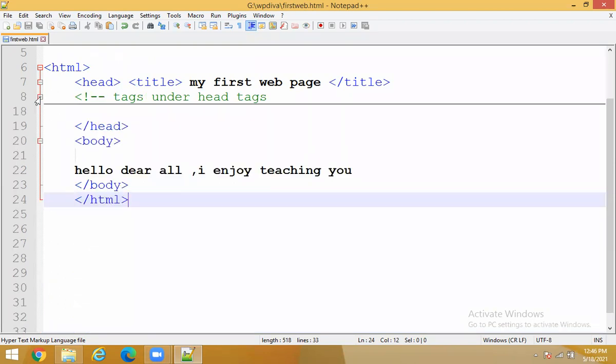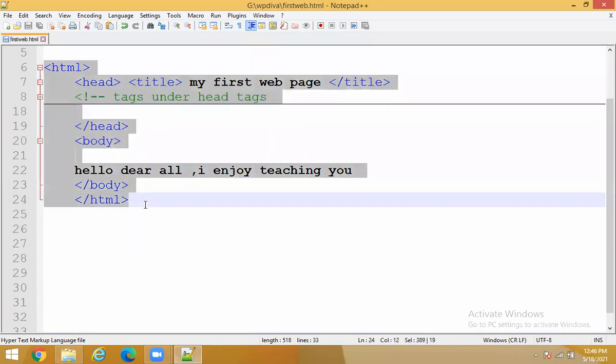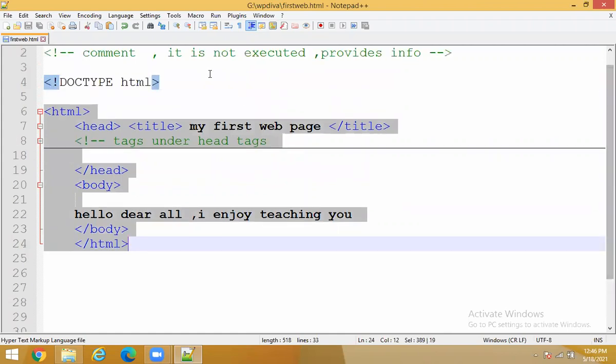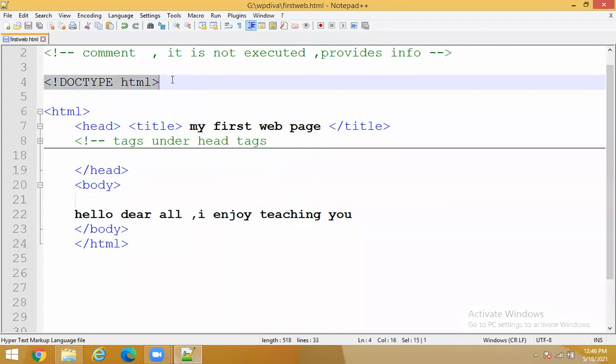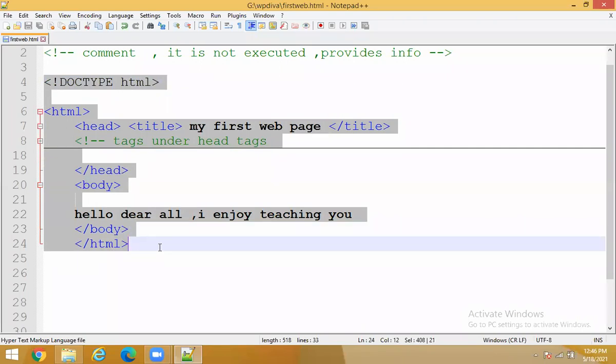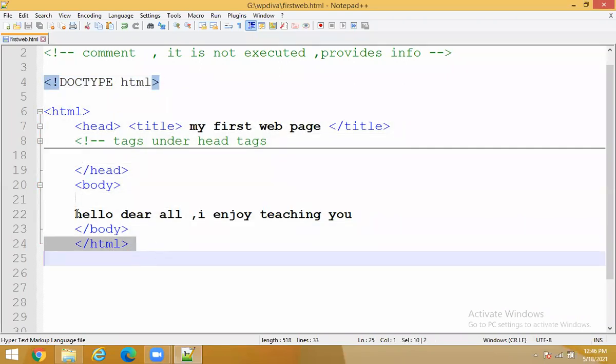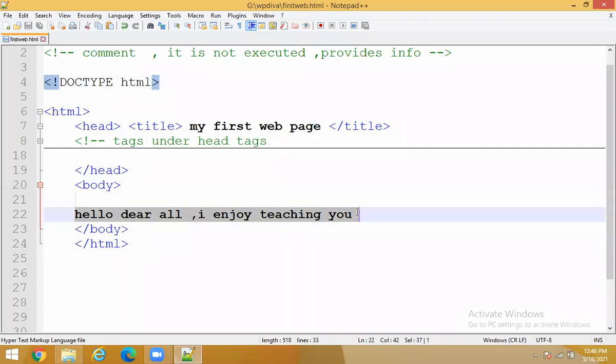So when I hide this, only this part of code you need to write. You need to learn that, which begins from this doctype HTML and this part of code. Whatever you want to display as an output, everything should be displayed within the body tag. Now the next thing is what?